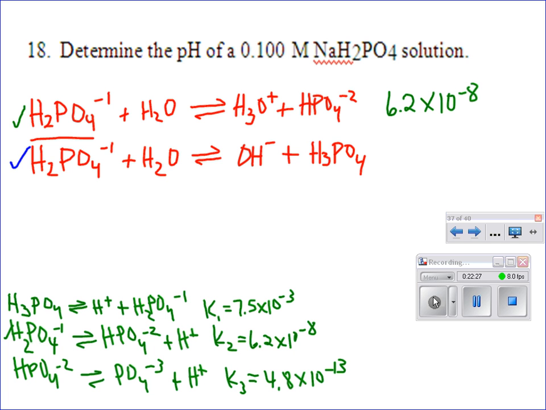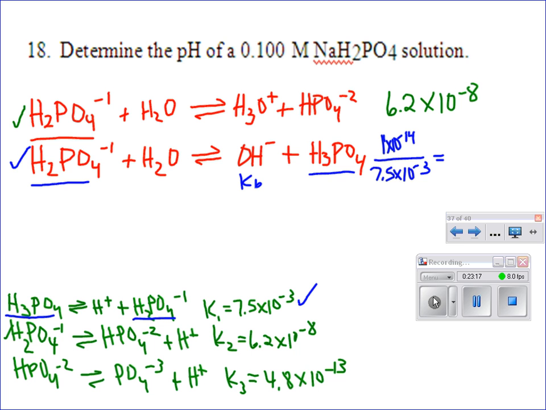But look at this one. Do you see how it's a KB? All right, so we need to find the KB of that equation, but notice we kind of know the Ka of the conjugate, right? Look down below. Which one is that kind of the reverse of? Not exactly reverse because it's got OH in it, but isn't this the same conjugate pair as above? So this is the Ka we're going to use and convert from Ka to Kb, and it's going to be K1. So Kw, let me just actually write the value for Kw. 1 times 10 to the negative 14th divided by 7.5 times 10 to the negative 3rd